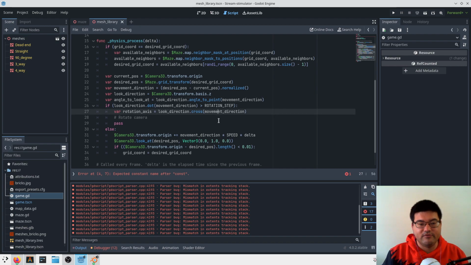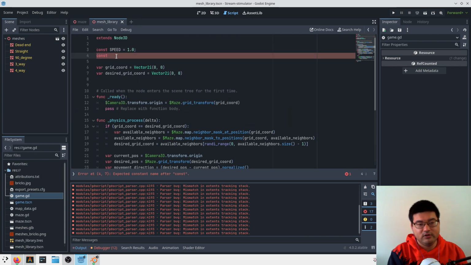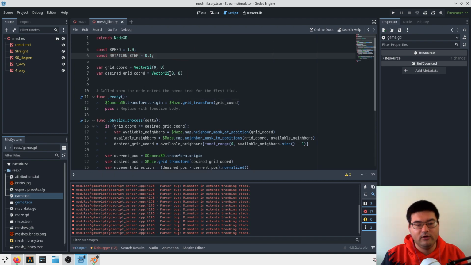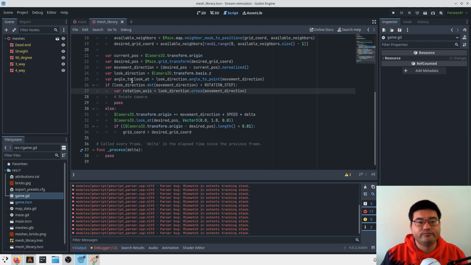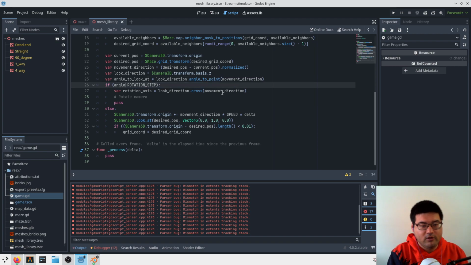And they're saying that's a function that exists. Rotation step, and we'll just call this 0.1, doesn't matter. So if angle to look at is greater than rotation step,